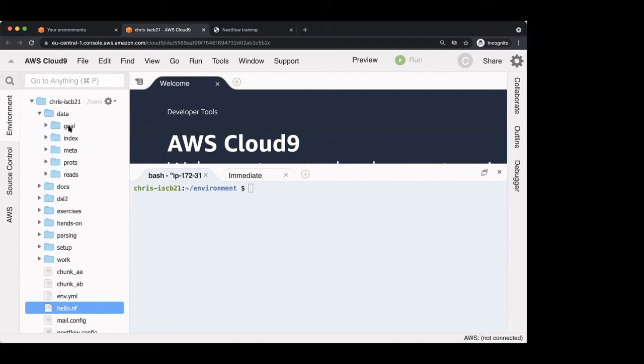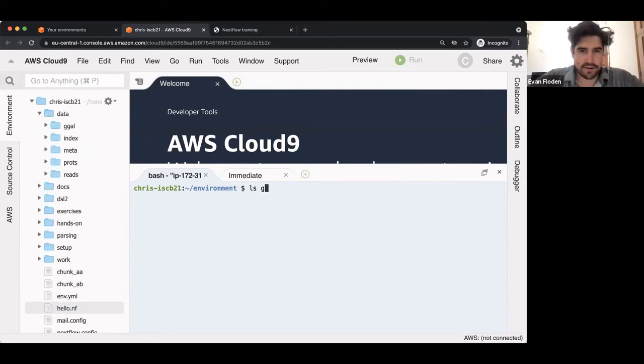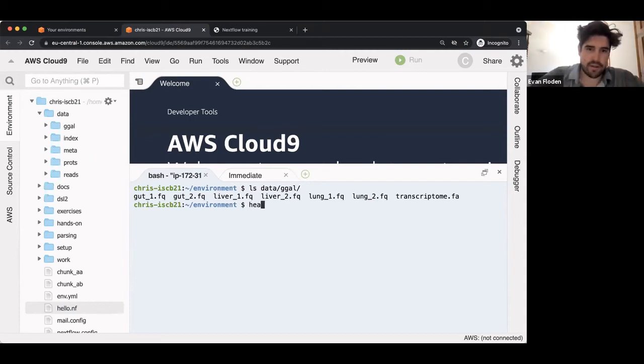And that, if I do an ls on that data ggal, you'll see that there are some reads files. So if we do a head on that, we'll see the data itself. You can see that there are 6 files there: gut_1, gut_2, liver, lung, etc. And just to give you an example of what one of those looks like, if you're familiar with FASTQ files,